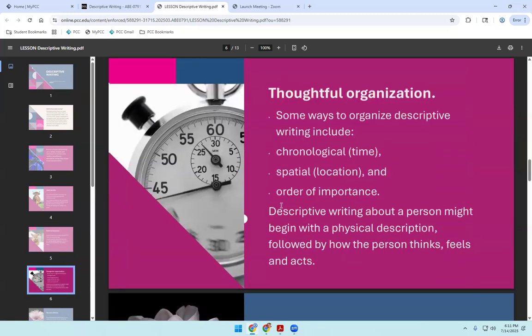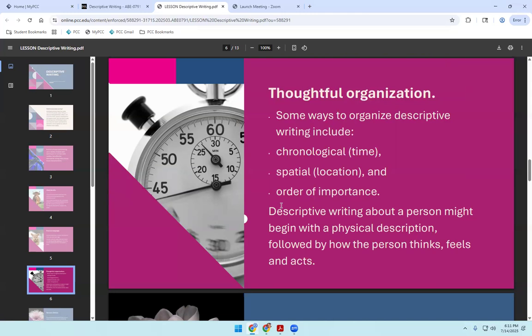The other thing that we have to think about is how we organize. This is true in every kind of writing, pretty much, that if we're not coming up with a how-to step, we still need to describe things in a particular order. So descriptive writing usually includes chronological, which is time, something happening in time order. This happened, then next, and finally, or spatial location. Can anybody give me a sense of what that would mean, spatial location, in terms of writing? Any ideas?